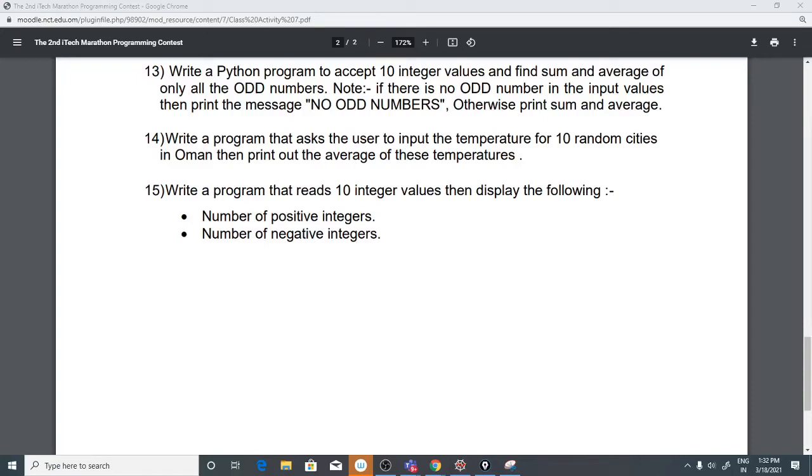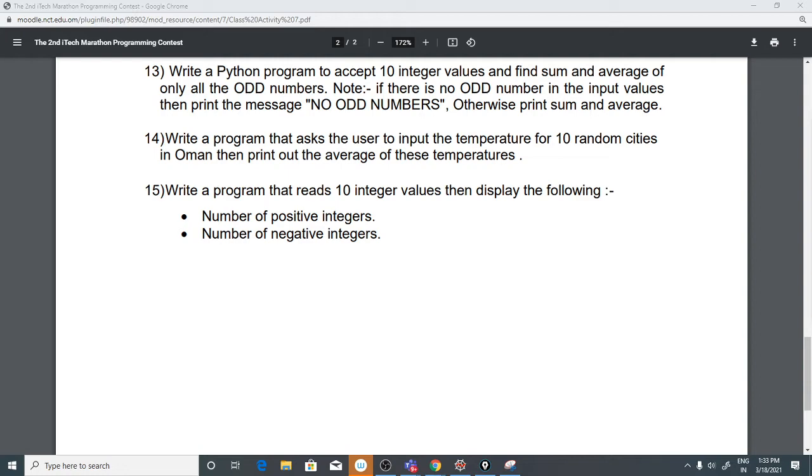Look here, students, now I am going to explain program 15. Write a program that reads 10 integer values, then displays the following. If you are going to read numbers, the numbers may be positive or negative. After you read them, you want to classify how many numbers are positive and how many